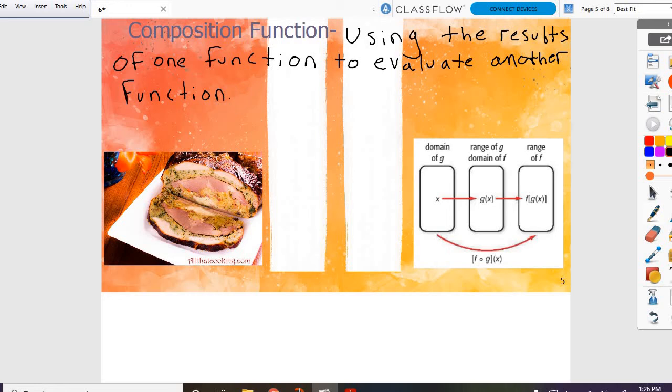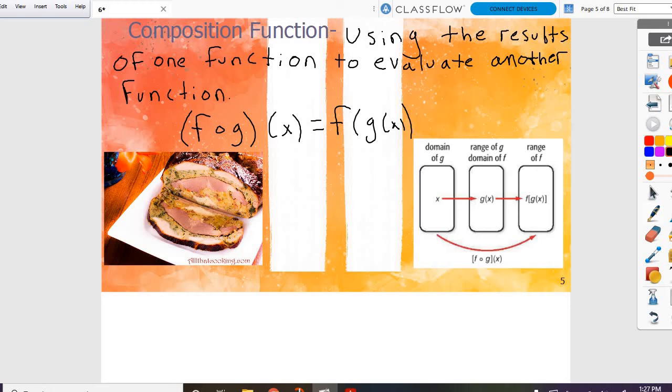So we can see this a couple of different ways. The first is that we will see f composite g of x. So it kind of looks like a multiplication symbol, except it's hollow. Okay, and this means the same thing as f of g of x. So I'm plugging my g into the f. Okay, so please realize that this is not multiplication. Because that's the biggest mistake that I see with this operation is that people just try and multiply,